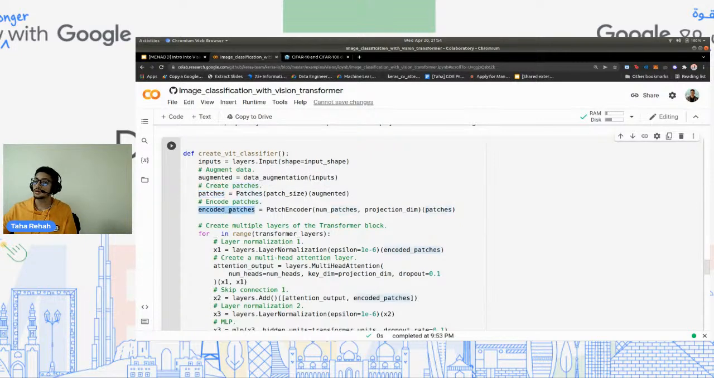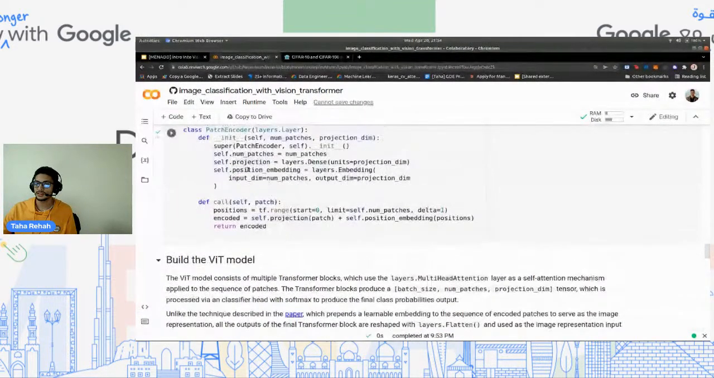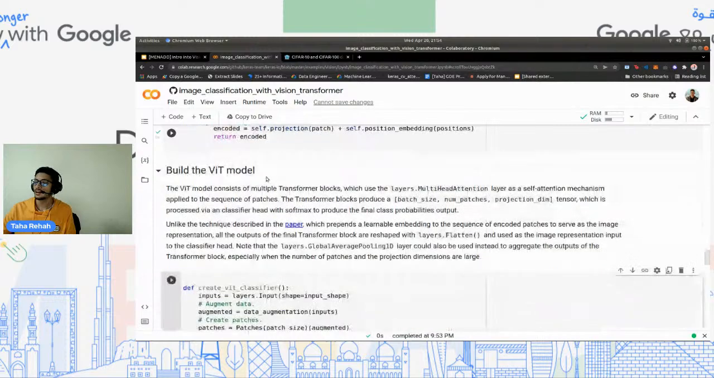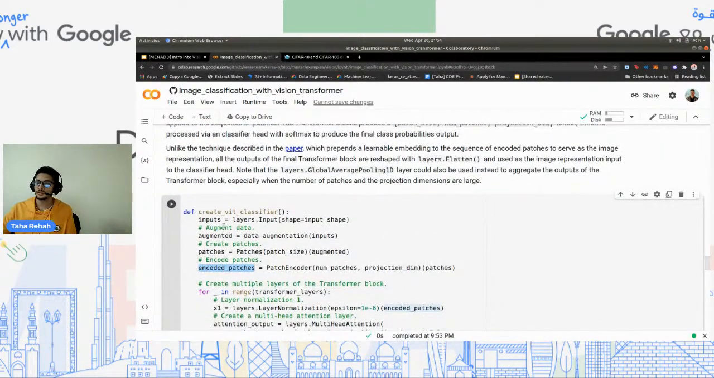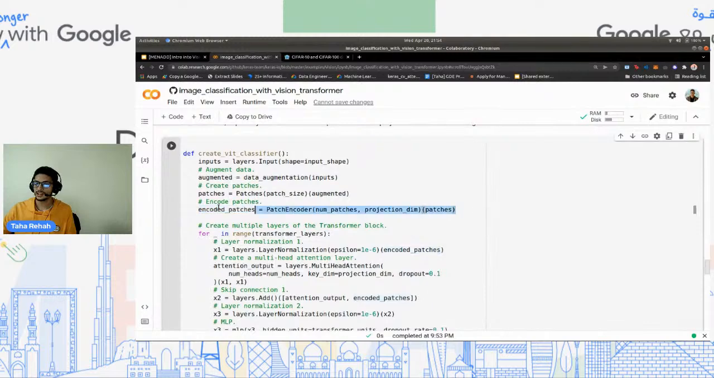Then I'm going to encode the patches with their positions. So I'm going to call this class. Remember, this class just takes the image and its position, then it encodes the two. So I'm going to encode the patches using this class that we just built,